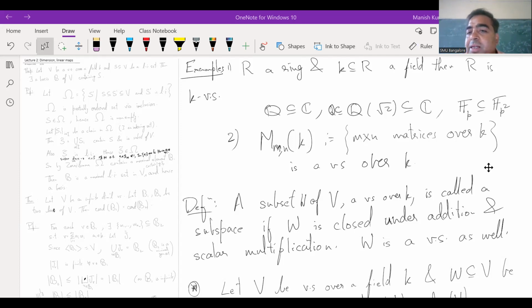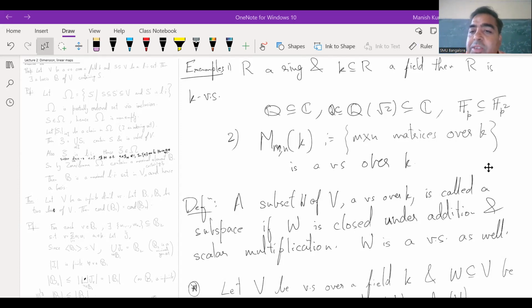So then you can check that it is a K vector space. So all the axioms of vector spaces are satisfied. For instance, Q contained in C: the field of complex numbers, you can also think of it as a Q vector space. Or Q,